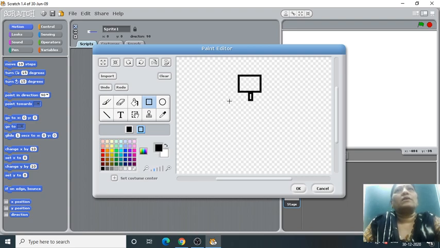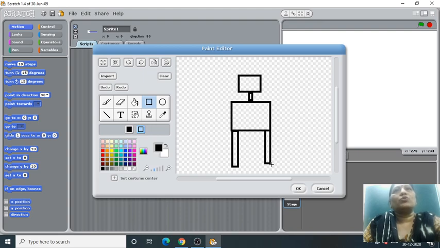After that, for the stomach, again one big box, a rectangle. Then for the legs I am taking this type of rectangle. You have already worked in Paint, so you know how to draw in Paint.